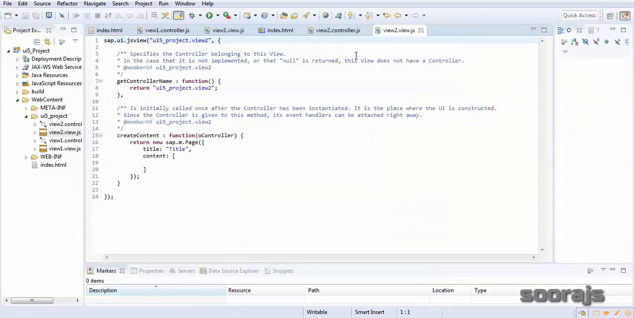So this is my page 2. I'll give the title of the page as page 2, and for view 1 I'm going to give the title as page 1. Okay, so I'll save this,